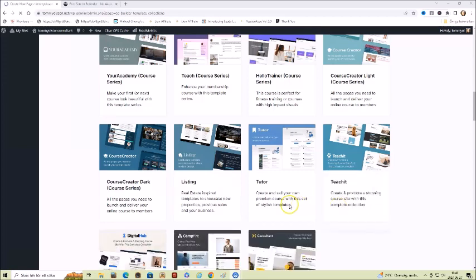Here we have found one that says real estate, inspired to showcase new properties.